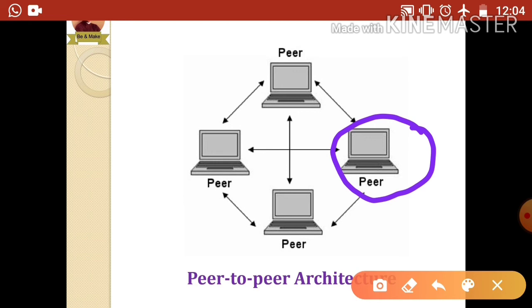So that is why this architecture is useful where the cost and the installation matter. As it is easy to install and cost effective, most organizations will go for this kind of architecture, so that if any single computer is not able to work, it will not affect the entire network installed in your organization.